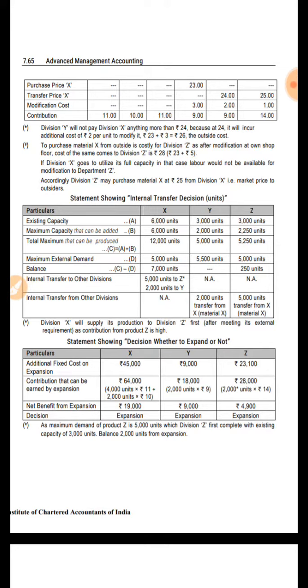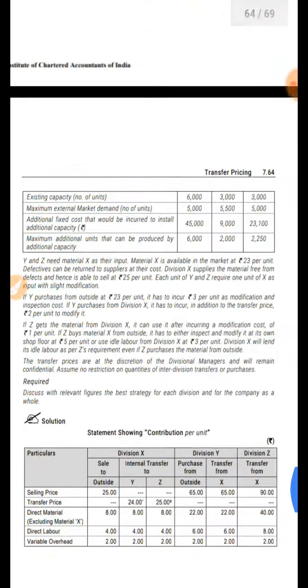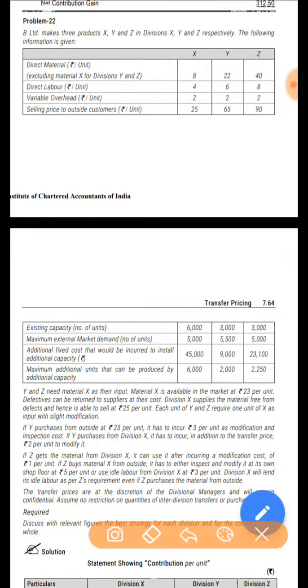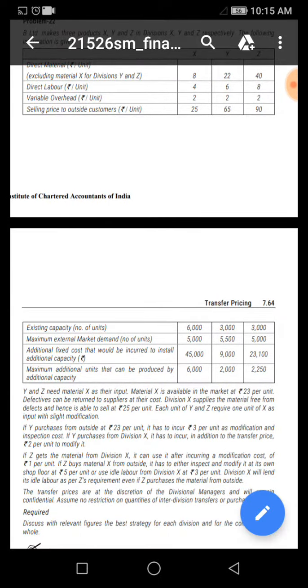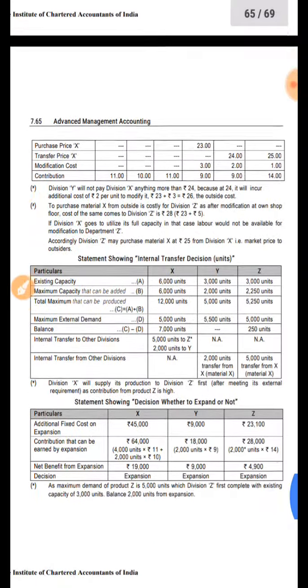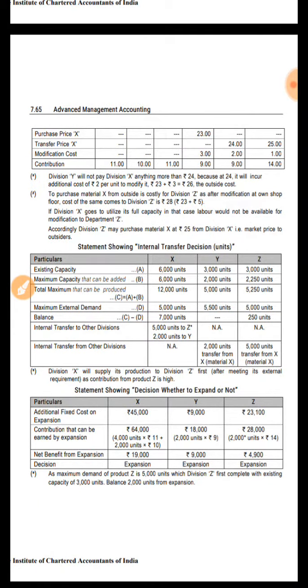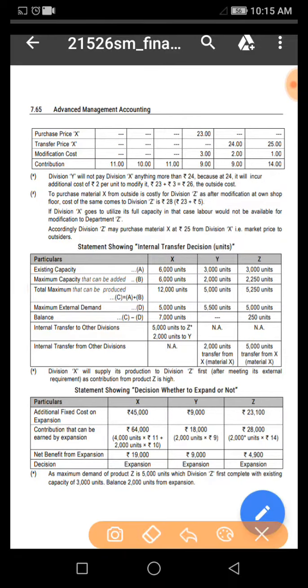So see, additional fixed cost on expansion. How much is it? 45,000, 9,000 and 23,100. So 45,000, 9,000, 23,100. So contribution that can be earned by expansion. So because of expansion, they will be able to earn this one. Okay, this much they are going to earn, and here also